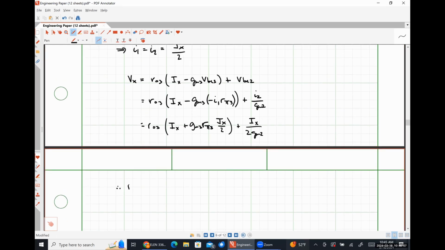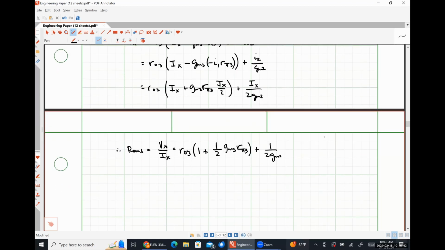And lastly, we see that R out is VX over IX, comes out looking like R naught 3 times 1 plus, do it like this, 1/2 GM3 R pi 3 plus 1 over 2 GM2, which will be approximately